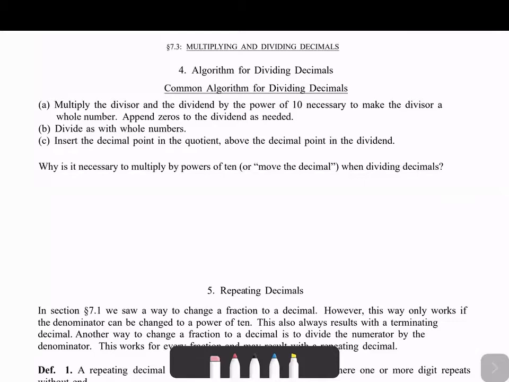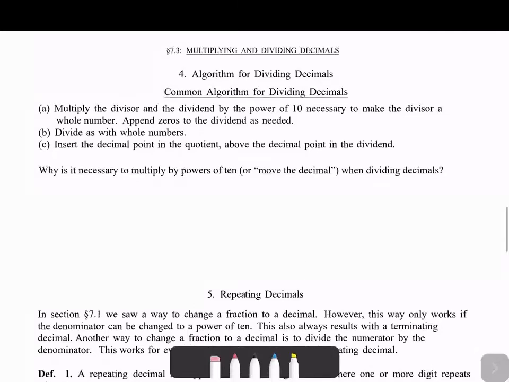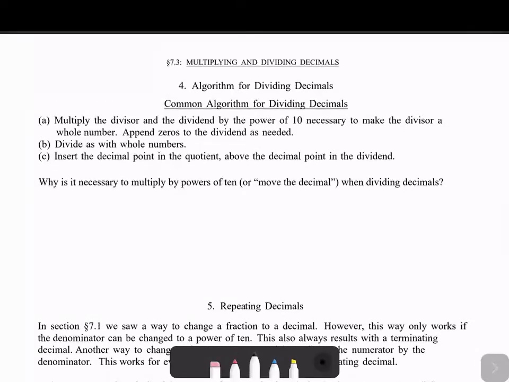So what does this algorithm say? The first thing that we do is we multiply the divisor and the dividend, so both numbers in our problem that we're given. So for example, if we are tasked with doing the problem 7.5 divided by 1.25, we would multiply both the divisor and the dividend by a